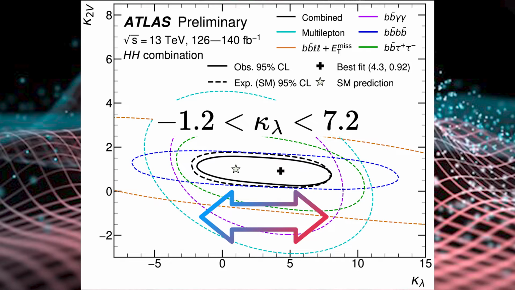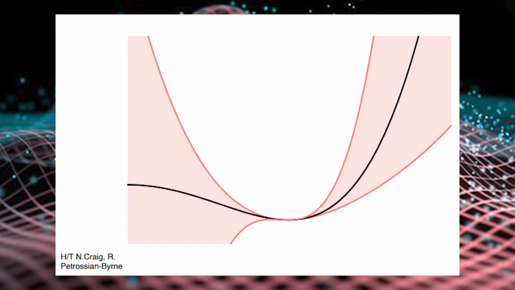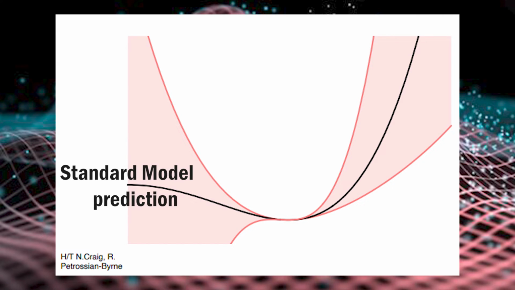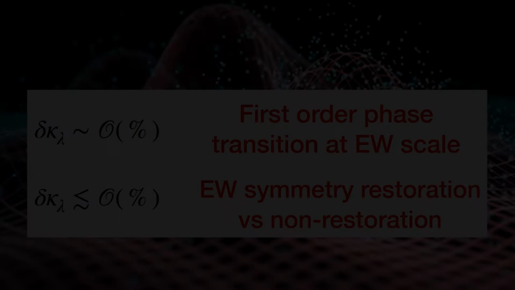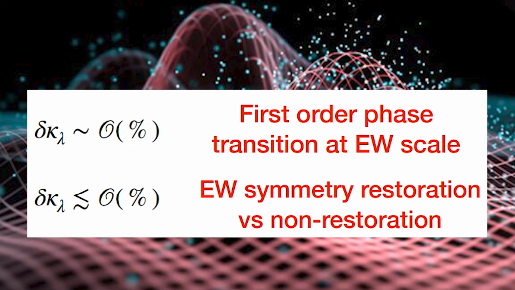Although these measurements are very impressive, the error bars are incredibly large, meaning that these results provide only incredibly weak constraints on the true shape of the Higgs potential. In this figure, the black line is a Standard Model prediction of the Higgs potential, but the true shape could be anywhere inside the red error ranges and still be consistent with our current experimental data. There's a hell of a lot of wiggle room. To put these constraints on the Higgs potential in context,